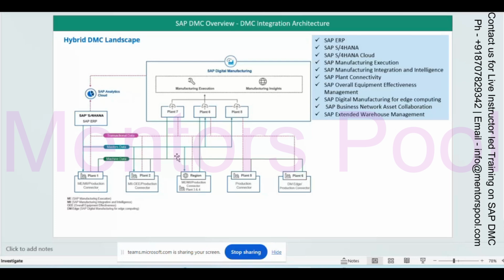On CPI, they can write their integration flow and route the message from one system to another system. So based on the situation, if you are using both ME and MI, you need to think about which tasks you can do in DMC, because there are also extension provisions, and which tasks you should do in CPI, if you are moving from ME and MI to DMC.